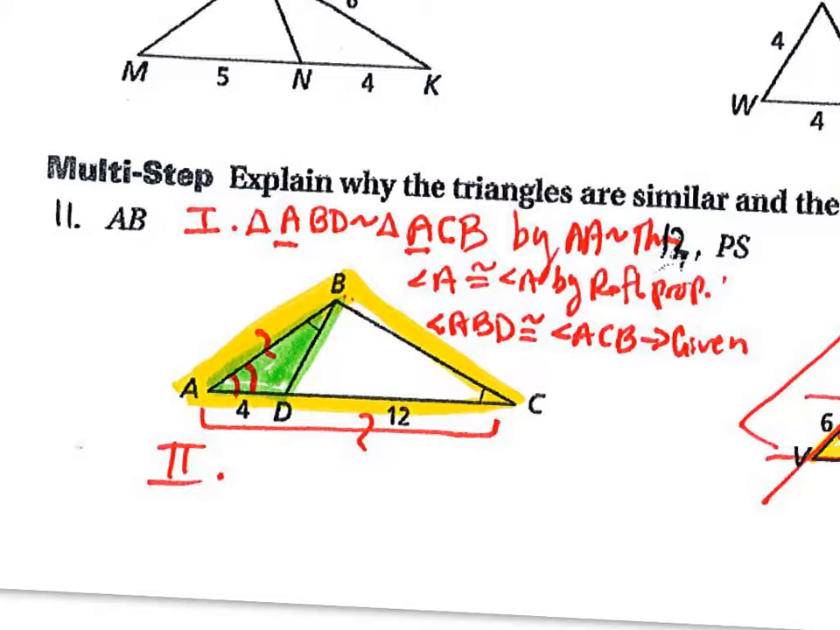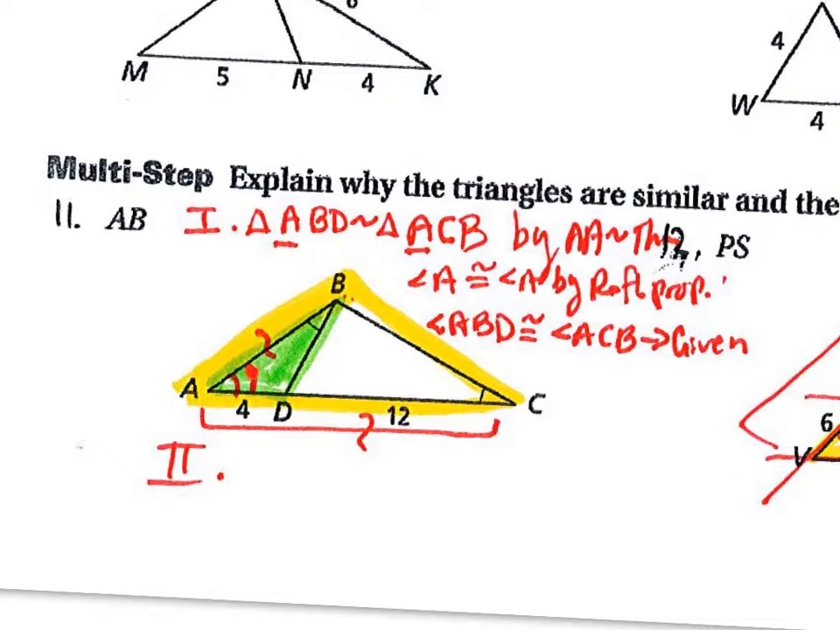In number 11, the two triangles that you're supposed to be looking at are triangle ABD and triangle ABC. I think you were looking at triangle BDC when you were comparing those two, and that was a problem. Okay, so angle A